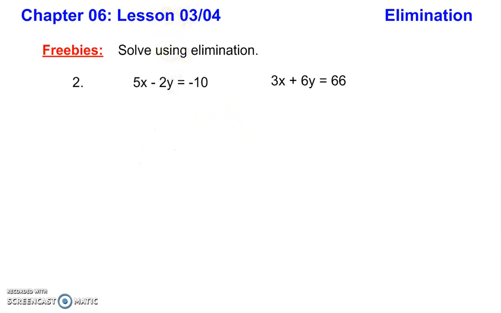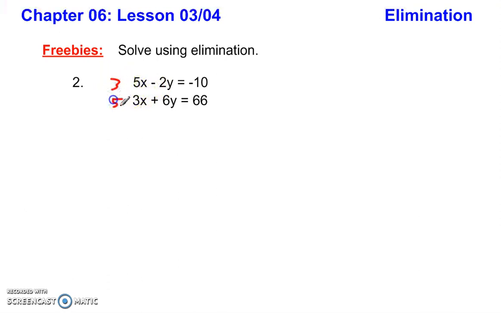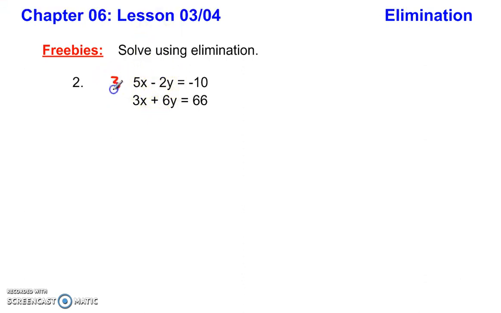Number 2. First thing we want to do is align these. Okay, then we're going to look to see, are any of these like terms with equal constants? No, they're not. Well, the first one, I could multiply the y to go into 2 goes into 6. I can multiply this by 3 and this by 5 if I want to do that. But the y is going to be the easier one to adjust. Also, we have opposite signs, so all I have to do is multiply this first one by 3,